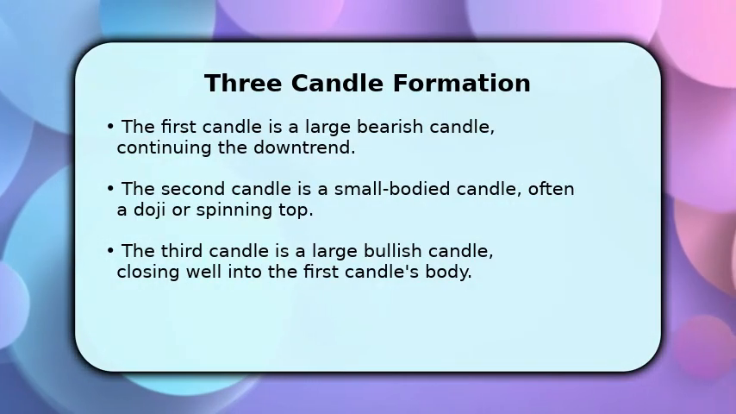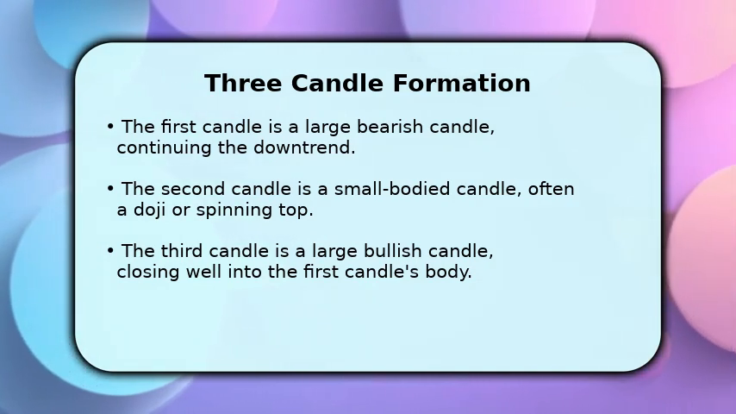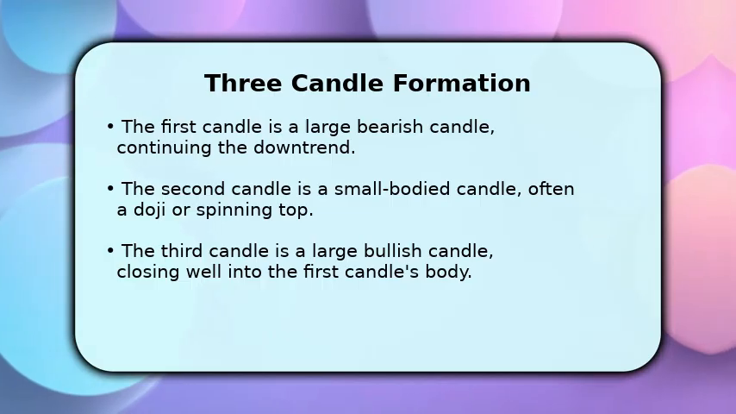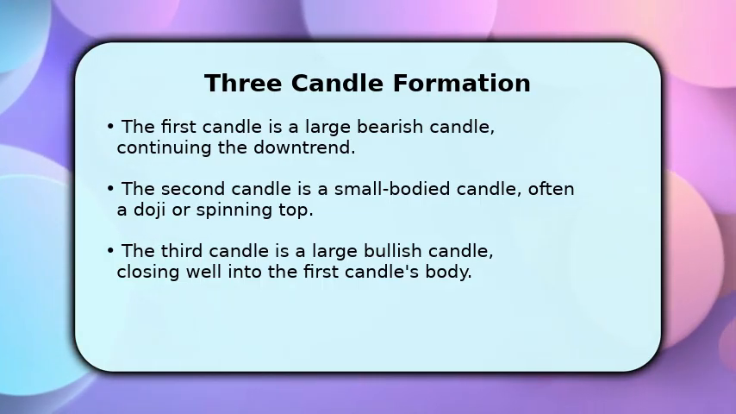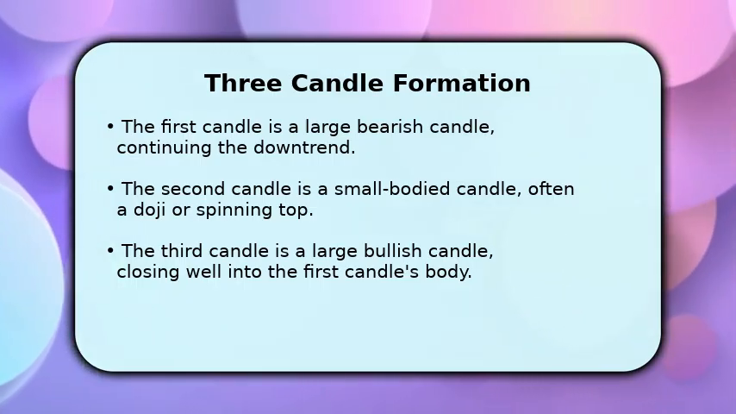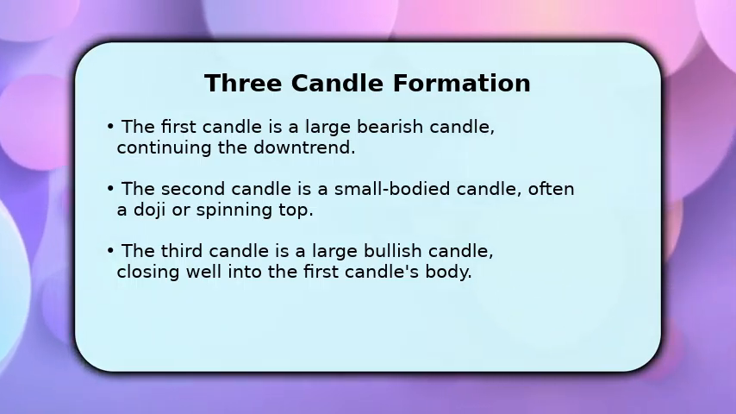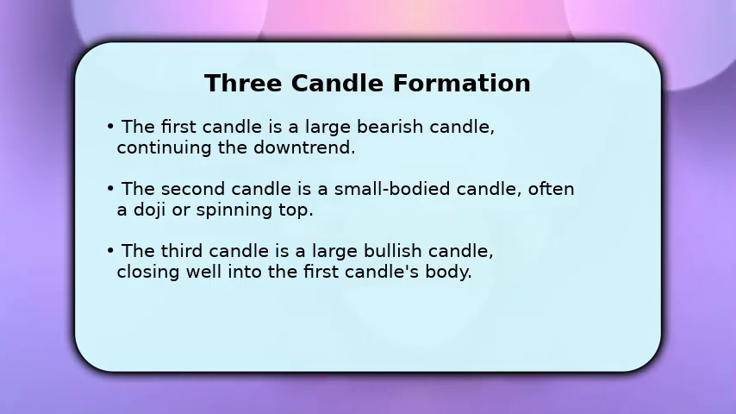The morning star pattern consists of three distinct candles. The first is a long red or black candle, confirming the existing downtrend. The second candle is small, often a doji or spinning top, showing indecision and a potential pause in selling. This small candle typically gaps down from the first. The third candle is a long green or white candle, closing significantly above the midpoint of the first candle, indicating